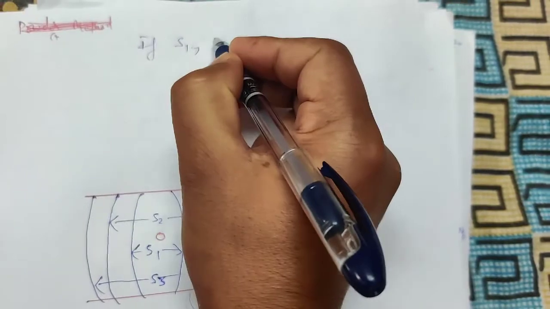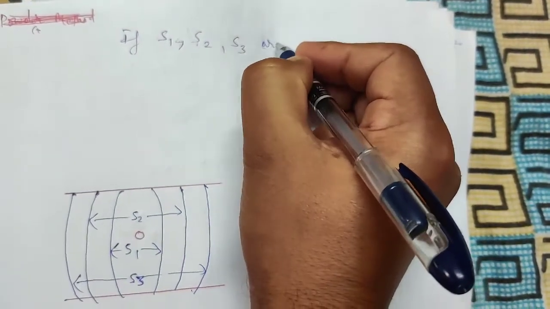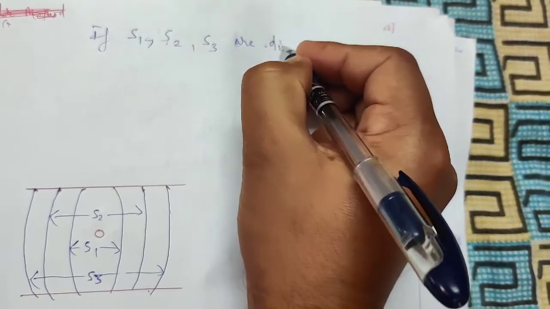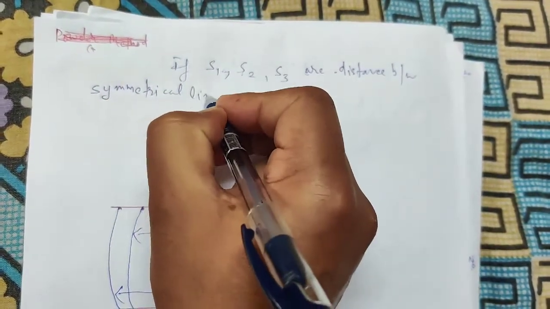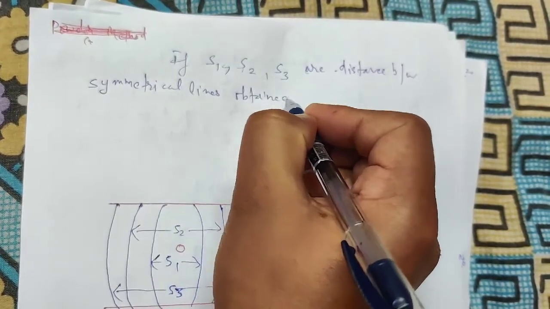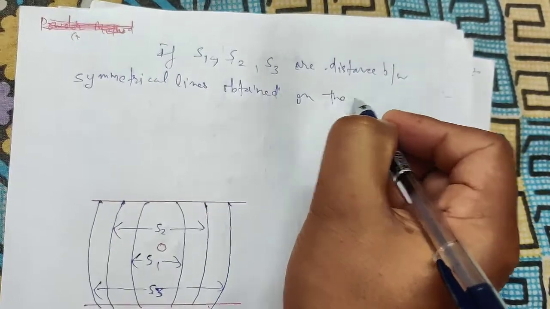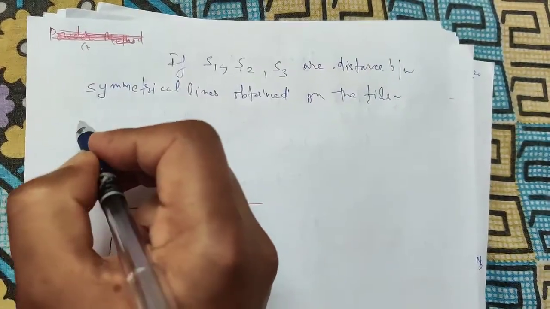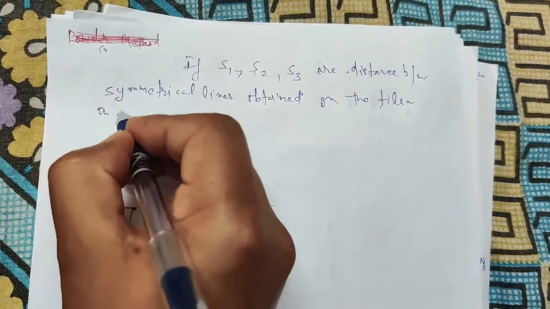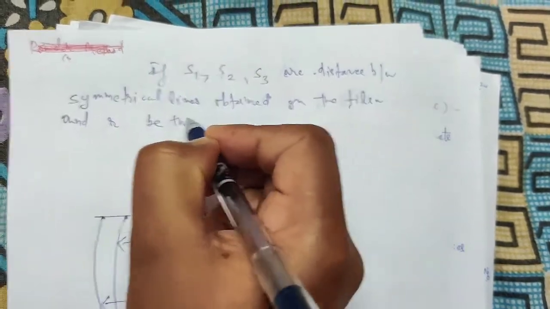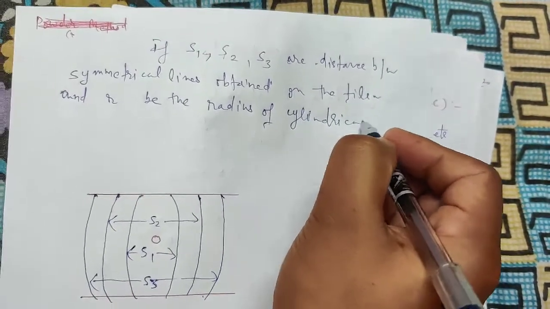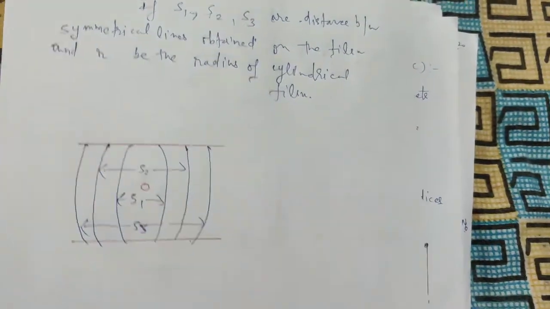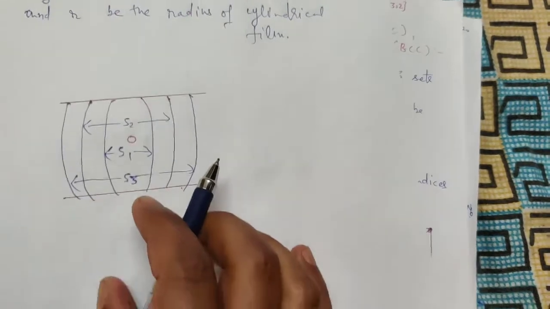So s1, s2 and s3 are the distance between the symmetrical lines obtained on the film which is laid flat, and r is the radius of that cylindrical film. So therefore